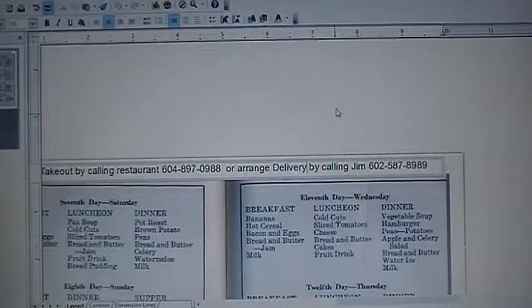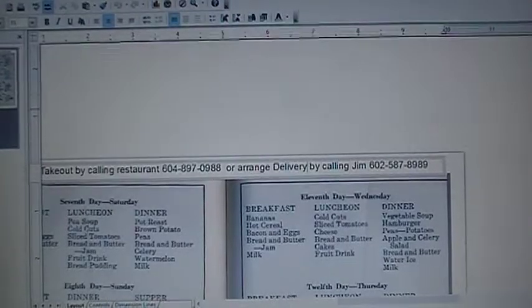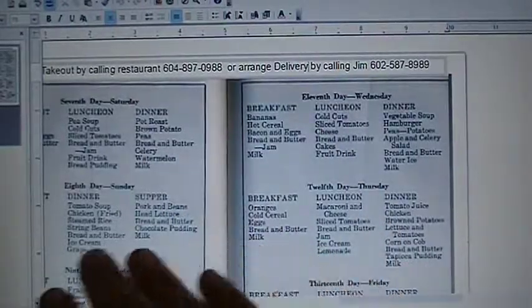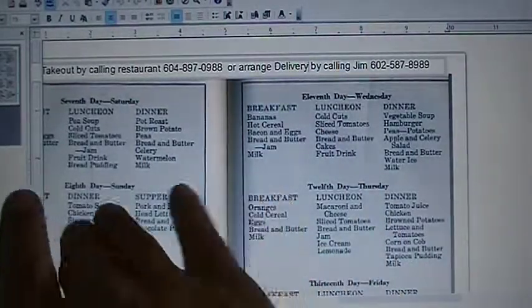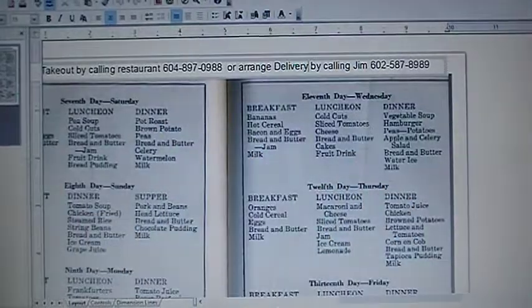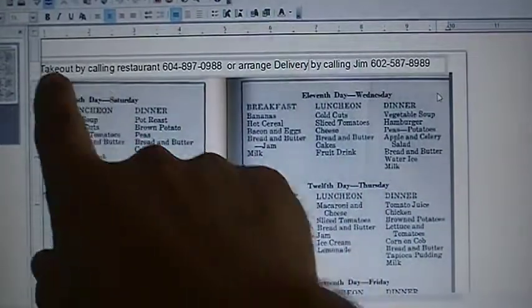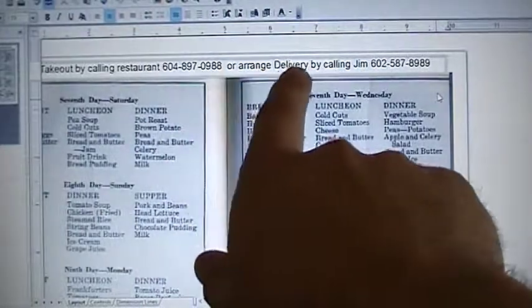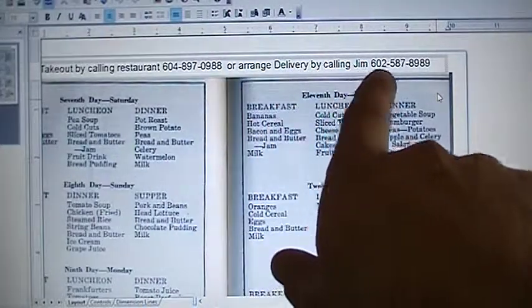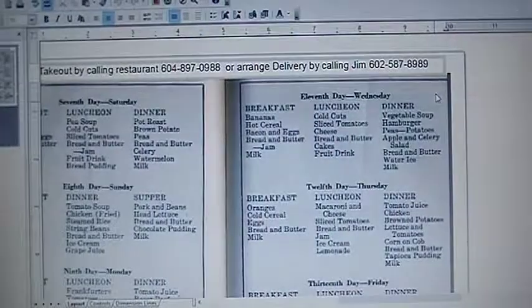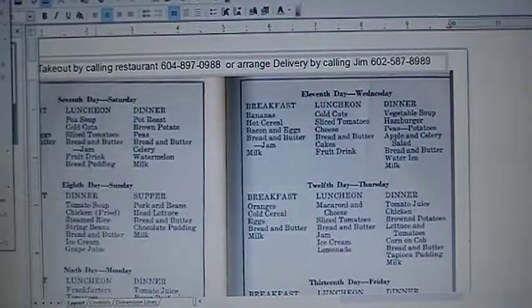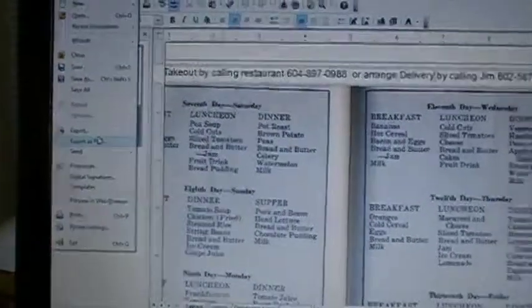And then the nice thing about OpenOffice is after you paste in the menu that they have, if you want to scan it in, if you want to take a photograph of it and stretch it out, but then put an advertisement at the top here for takeout orders, call the restaurant, and to arrange a delivery, call your name and your phone number if you're an actual driver. So you can go ahead and save this as file, export to a PDF file,